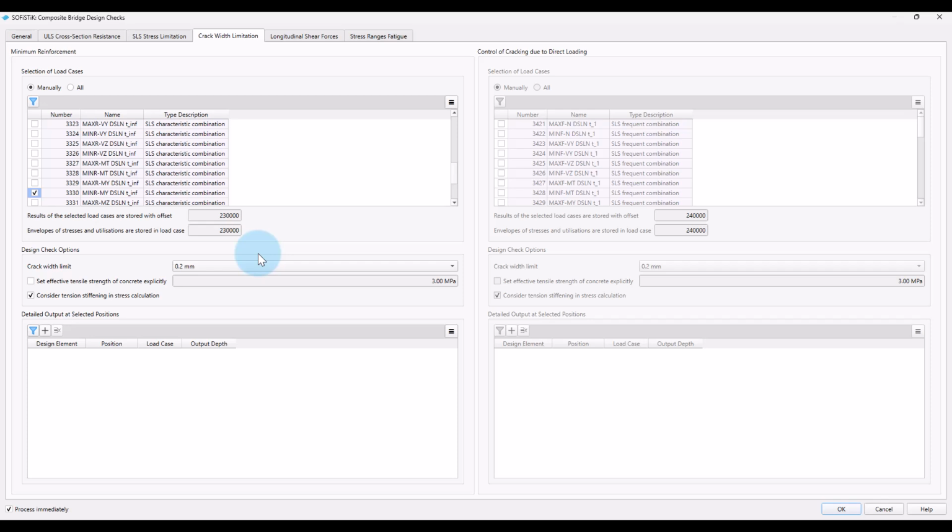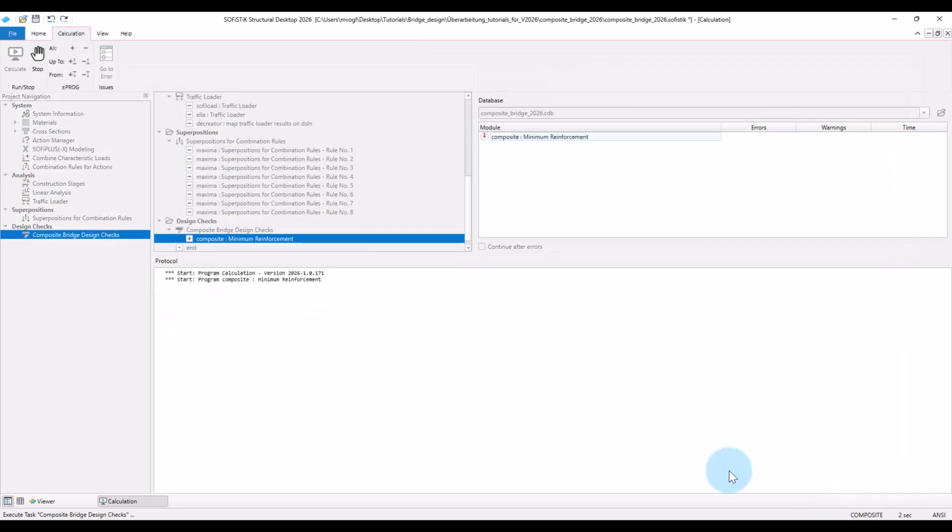Note that you can also explicitly set the effective tensile strength of the concrete. I will also request a detailed output, for example, at x equals 13.6 meters. Okay, now let's run the task and take a look at the report.